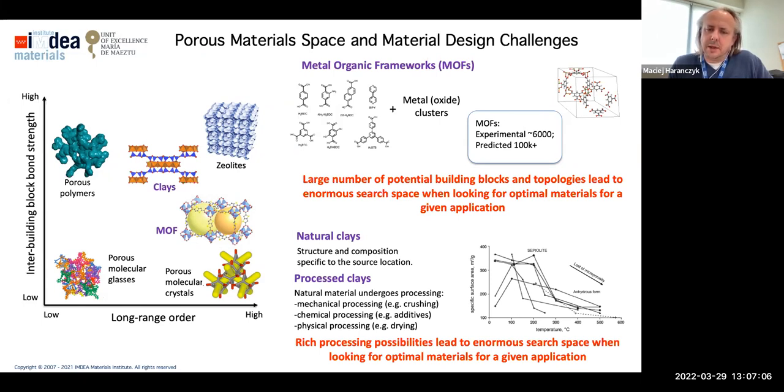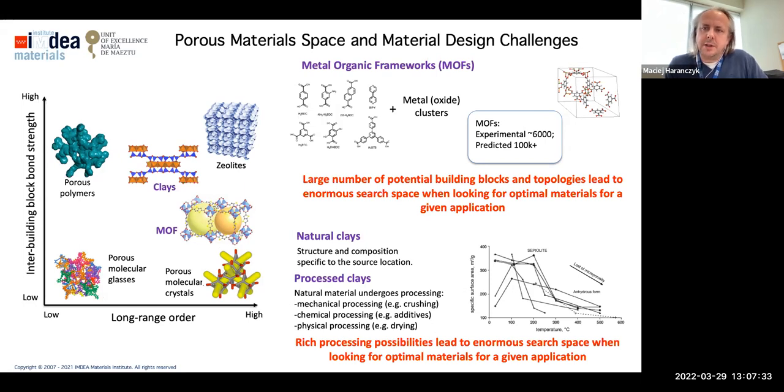We can change also chemical properties by ion exchange. We can change properties by different physical treatment. And here in this plot, we show basically a set of nanoporous clays that were heat treated with different temperatures. And you can see in this plot the number. We can basically tune surface area depending on how we treated the material.